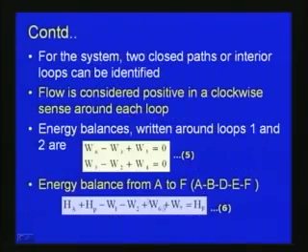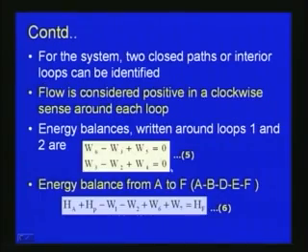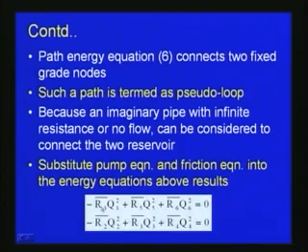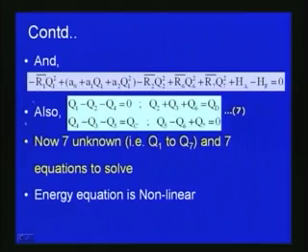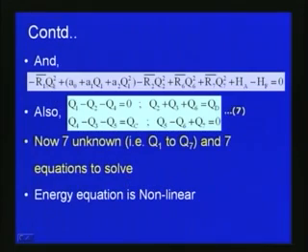We will write all the corresponding equations here. From equation number 5, we will get minus R3 bar Q3 square plus R5 bar Q5 square plus R6 bar Q6 square is equal to 0, and the second equation will be R2 bar Q2 square plus R3 bar Q3 square plus R4 bar Q4 square is equal to 0. So then if you write corresponding to equation number 6, when we substitute all the values, it will be correspondingly